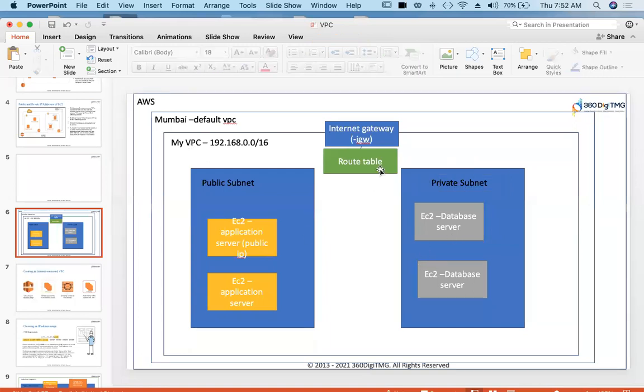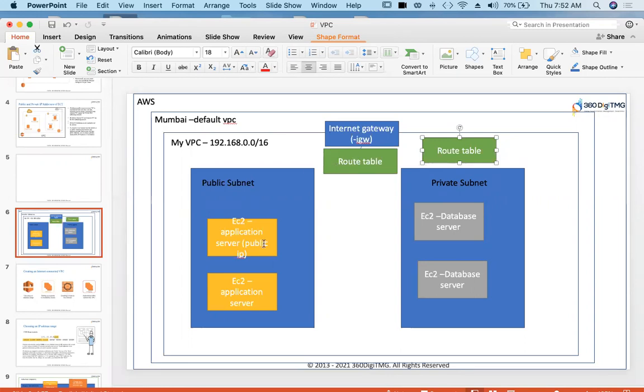And here we have one more route table. So there is separate route table for private subnet. And this route table is attached to internet gateway and also has a rule to allow traffic outside the internet.